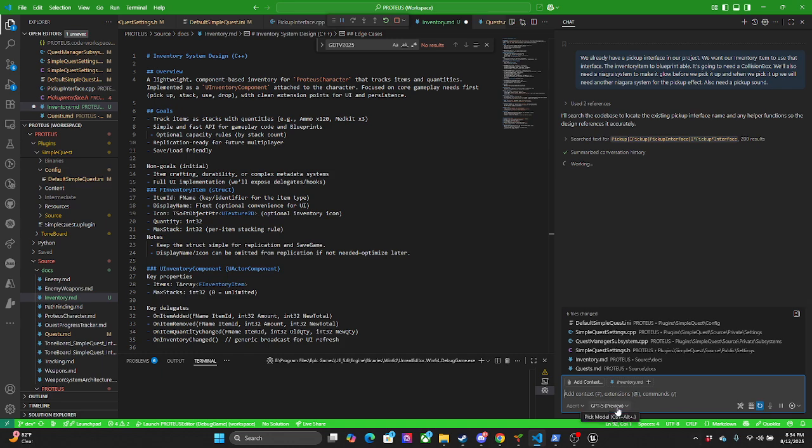Even GPT-4 would be faster. It's because so many people are using this preview mode.